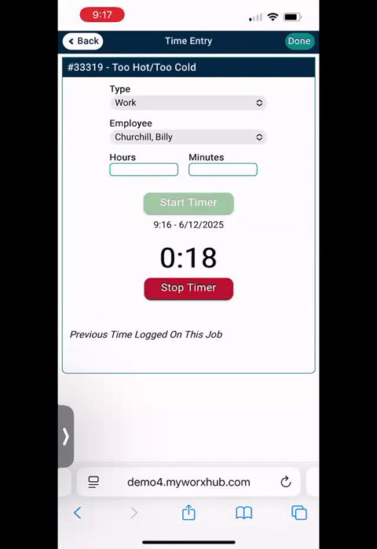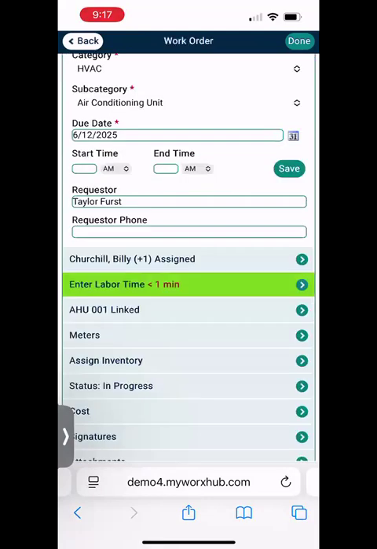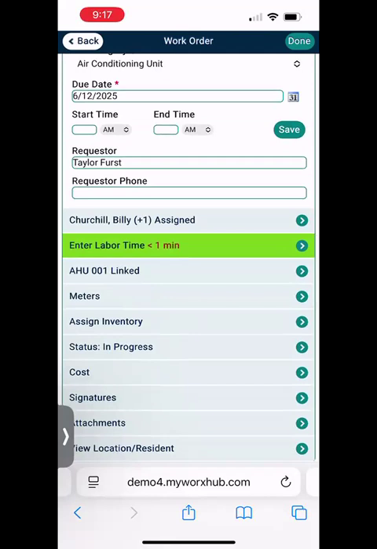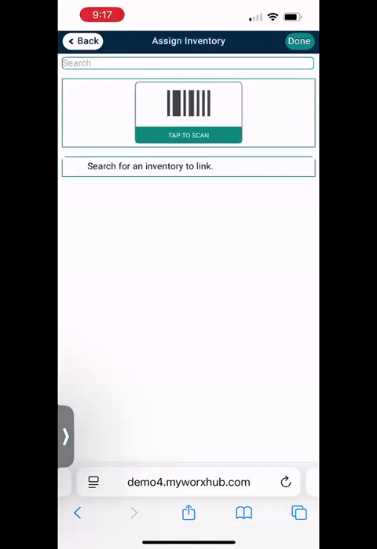If I wanted to, and I'm going to hit the back button to bring us to the menu again. If I wanted to add something like filters to this job, we would go in and assign the inventory because the filters in the system will have a cost applied to them already. So if I clicked assign inventory and I went through and I said, all right, I want to add something like filters,